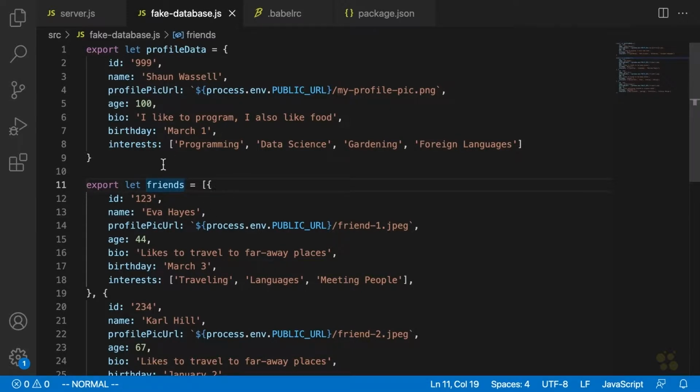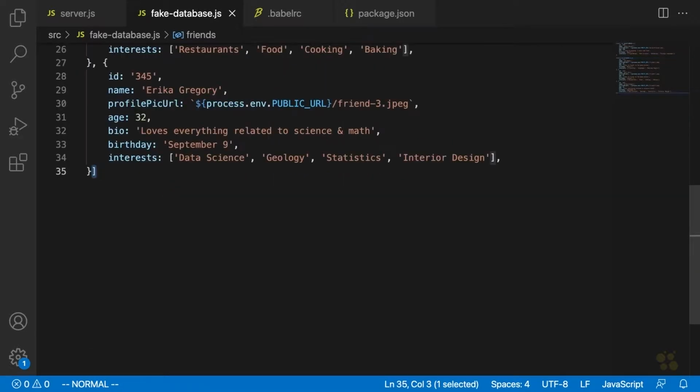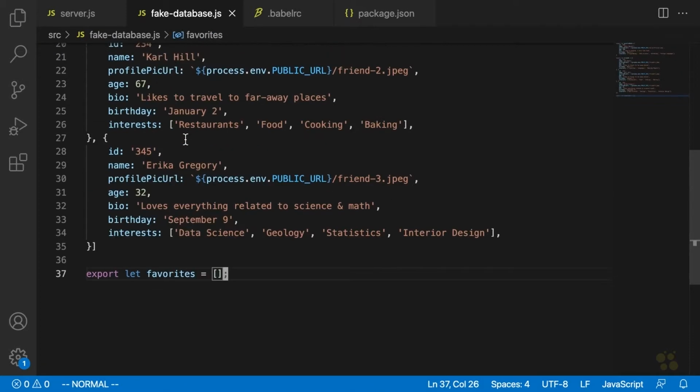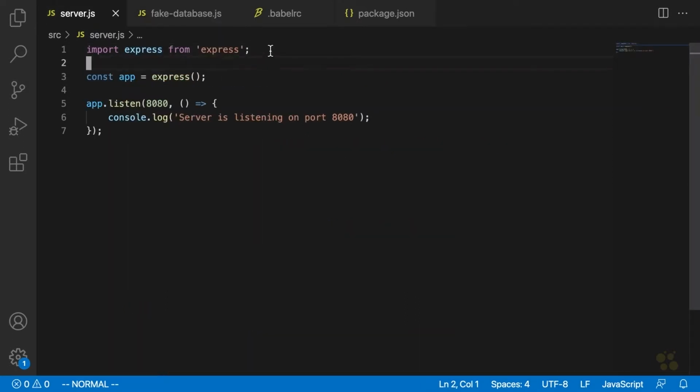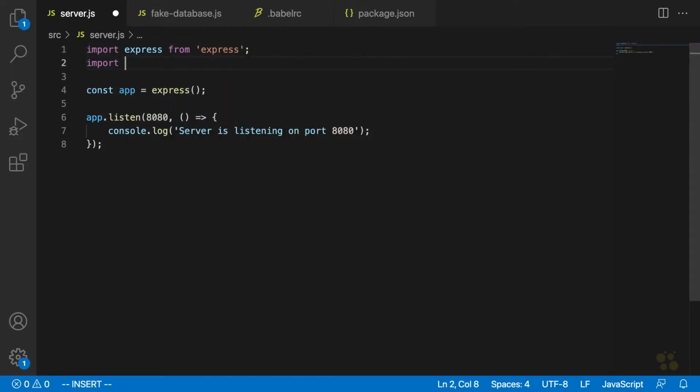And the last thing we need to add to this file is an array that will keep track of the favorite IDs. Okay, so basically the front end is going to be loading all of its data from our server. So let's say export let favorites, and this is just going to start off as an empty array. All right, so we have our favorites, our friends, and our profile data. Let's go back into our server now, and we're just going to import those. We'll use them later as we actually implement each of our endpoints. So we'll say import profileData, friends, and favorites